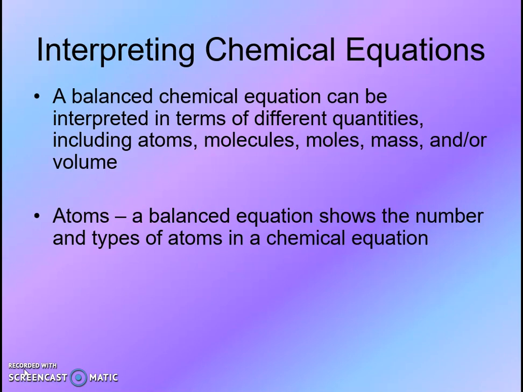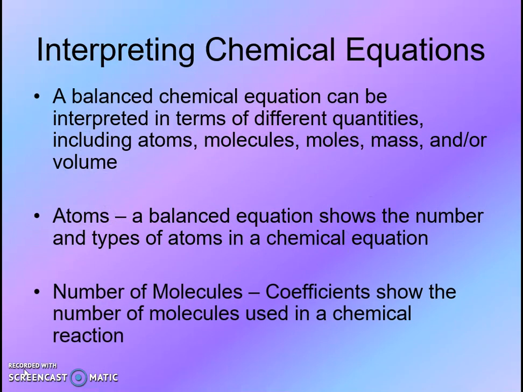So those are always going to be balanced, and I can look at the subscripts and coefficients of that balanced chemical equation to determine how many atoms there are of each substance. And again, they do need to balance out. I also look in terms of molecules, using the